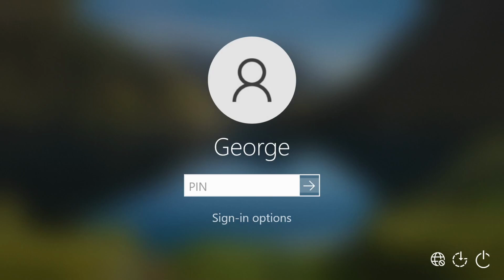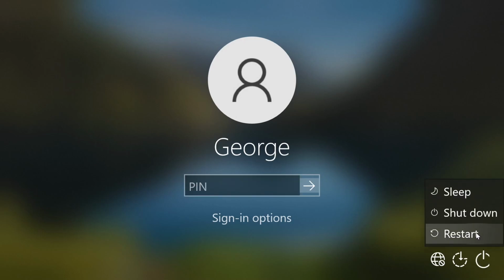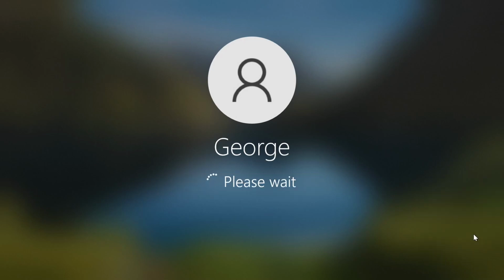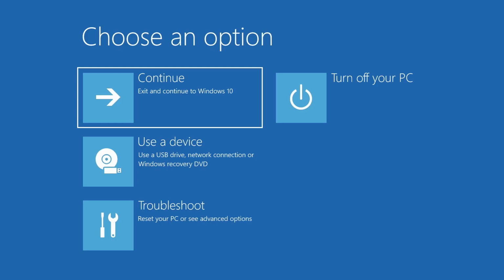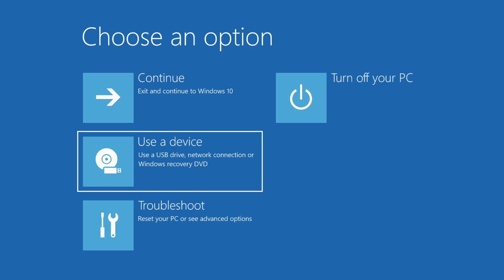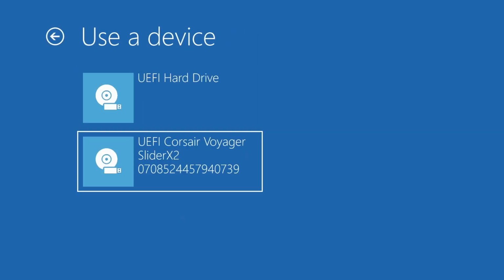So returning to the machine that we cannot access, we are plugging in the USB stick and then going to power. And on the keyboard, we are holding down the Shift key as we press restart. This is on a machine using a UEFI BIOS, which most modern laptops do use. If you are one which is a legacy mode or old style BIOS, then you might need to find the boot menu key to start the machine up. But we are going to opt to use a device and then select the USB stick,